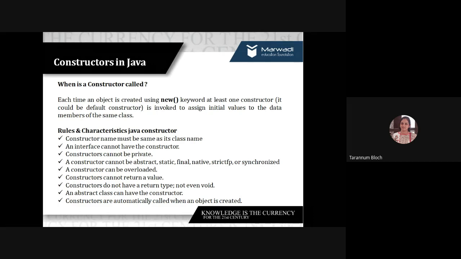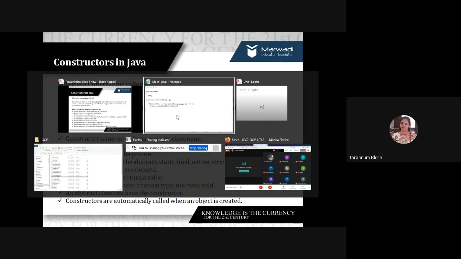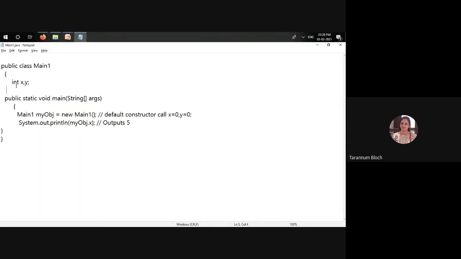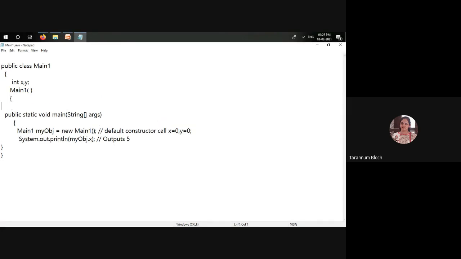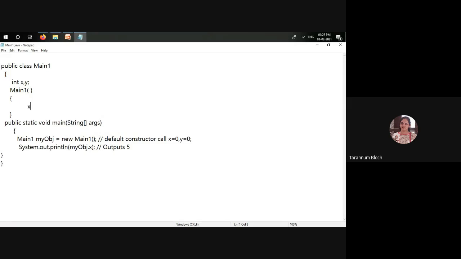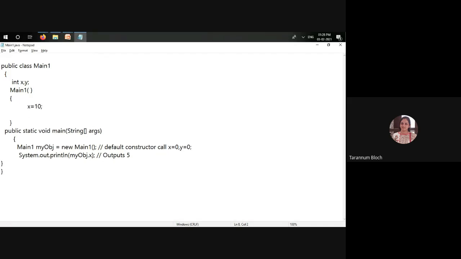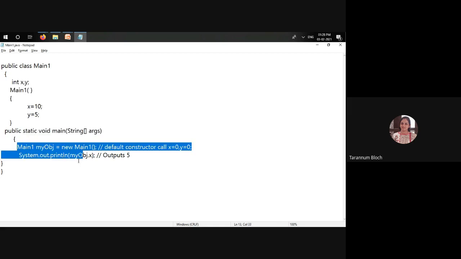And we are saying that constructors cannot be private, because whenever a class member is given the label private, suppose here I have created a constructor and I have given certain values. Now when I say something is private, it means that it is accessible only within that class, nowhere else. But as you see here, main is trying to access the data property, even if with the object name.